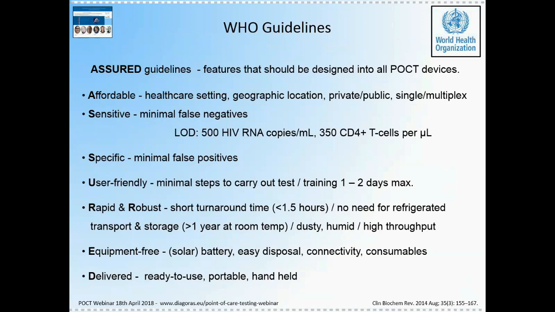Also, of course, equipment can be very important. The equipment that's designed in low and middle income countries should be easily disposable, with connectivity and also power, maybe with a battery or a solar battery. And also think about the consumables, the effect on the environment, and also delivery to the consumer, whether the device is ready to use or you have to have 6 different cartridges and buffer mixers and everything that also has to be transported along with the device itself. And whether the device is portable, if you can put the device on the back of a bicycle and the healthcare worker can cycle from village to village using the device or not.